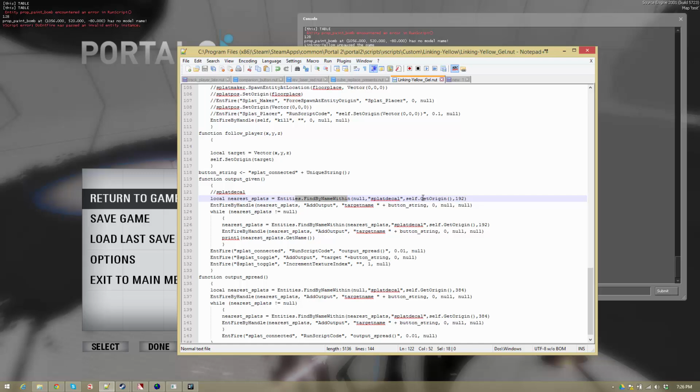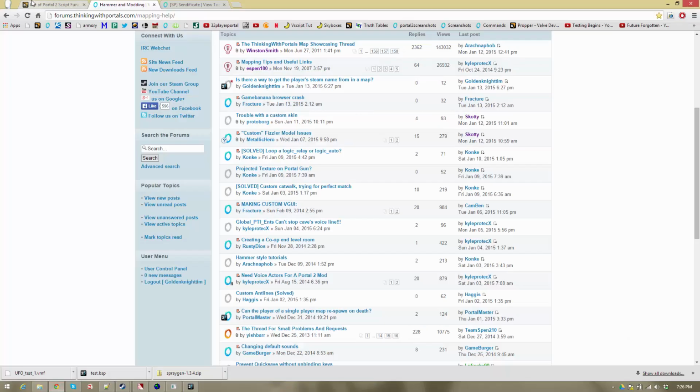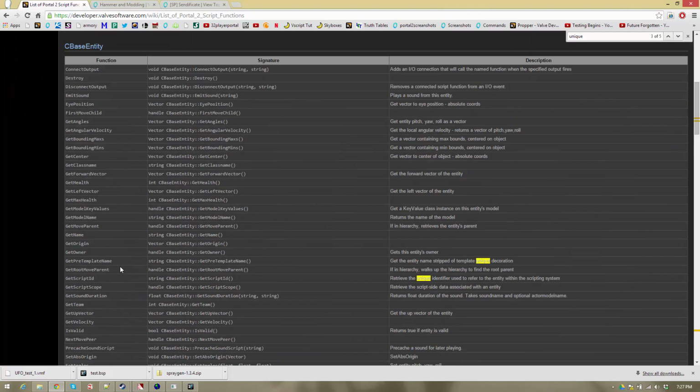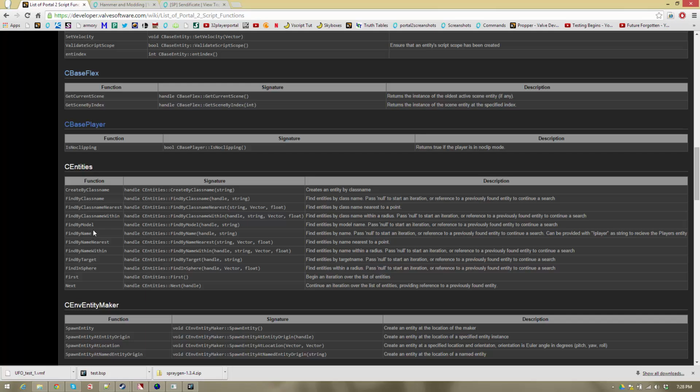And okay, so this just is not finding anything. So find by name within. Okay, so there's more than one way to skin a cat. Let's take a look back at the list right here. And let's, what was it again? So I'm pretty sure that I've actually had problems with find by name nearest and find by name within already. So I don't know what the problem is, but there's also